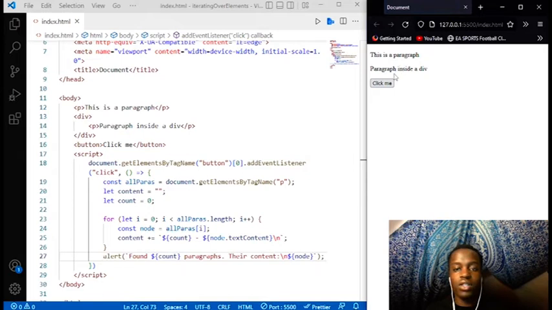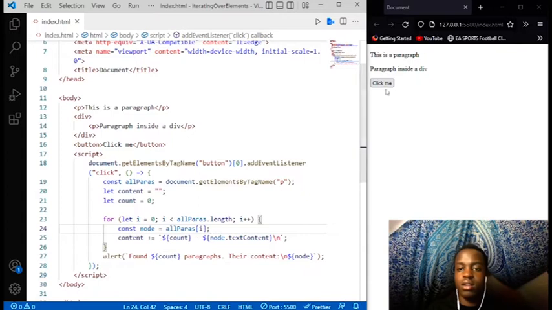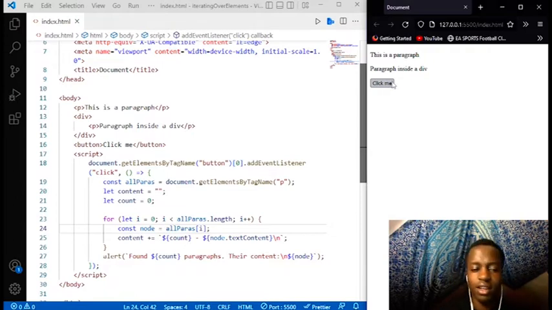One refresh, and semicolon there, and click me. Okay, well actually it's not clicking. You might be able to guess why not. It's not clicking, right? Because what we have done here is